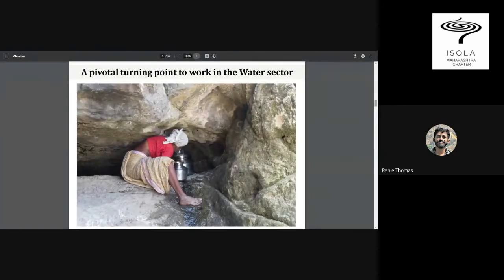I wanted to stitch in my own personal story here. In the beginning, I come from a background not really connected to water, but more of architecture and geochemistry. But over the years, many of my treks in the Western Ghats brought me into close touch with people who live in the mountains. This is one of the photographs which made me think that I need to change, or use my skill sets to help them better, and also to understand how they perceive it.